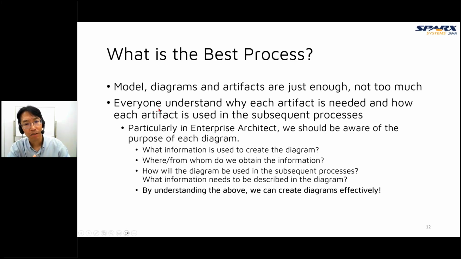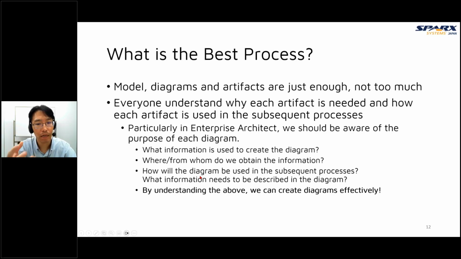To create a diagram effectively, we must understand, for example, what information is used to create the diagram, where and who will use the diagram in the subsequent process, how we get the necessary information, or where the necessary information is. Especially, I think the most important is how the diagram will be used in the future.